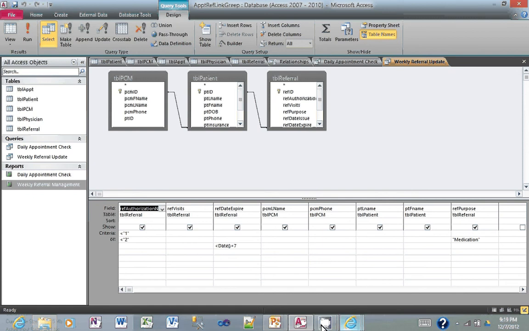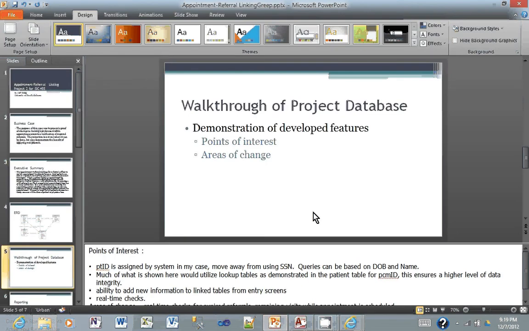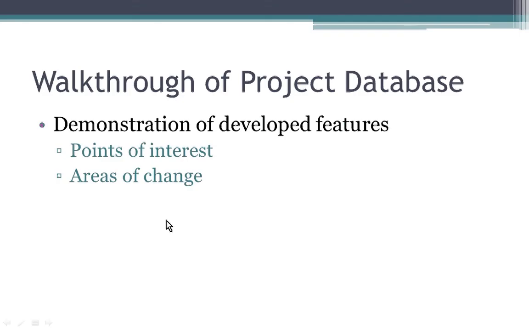So let's go back over to the PowerPoint real quick. A lot of these things I would like to implement in here with real-time checks, but it makes it kind of difficult with the amount of time, like I said, I had to put towards this. And I did this particular one as an individual, as I wasn't part of a group, so I had a lot of work on myself here. Anyway,